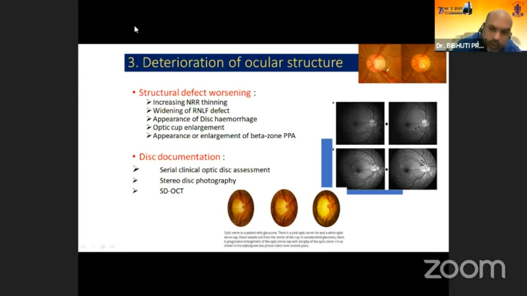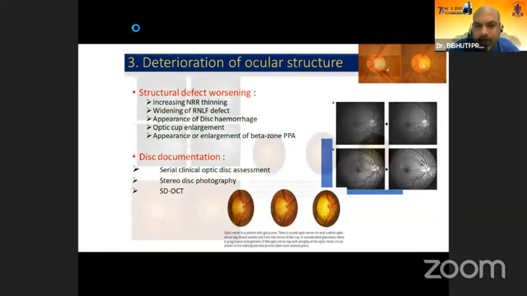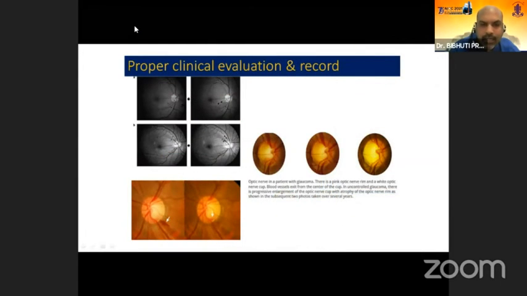And that's why these patients require serial clinical optic disc assessment, stereo disc photography or SD-OCT to identify the changes occurring at an early stage. Like in this case, the hemorrhage which is occurring here will lead to rarefaction of the RNFL in due course of time, and which will appear in the visual field later on. And so we have to identify these prognosticating points, and we have to modify our treatment protocol